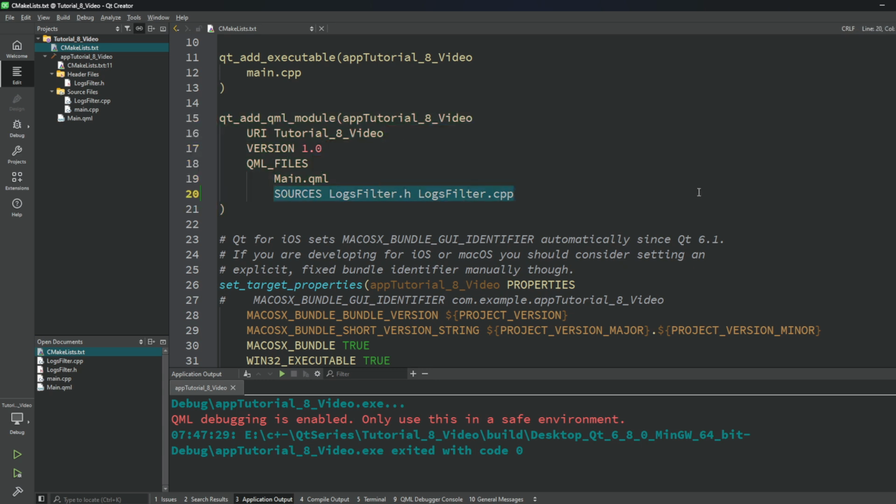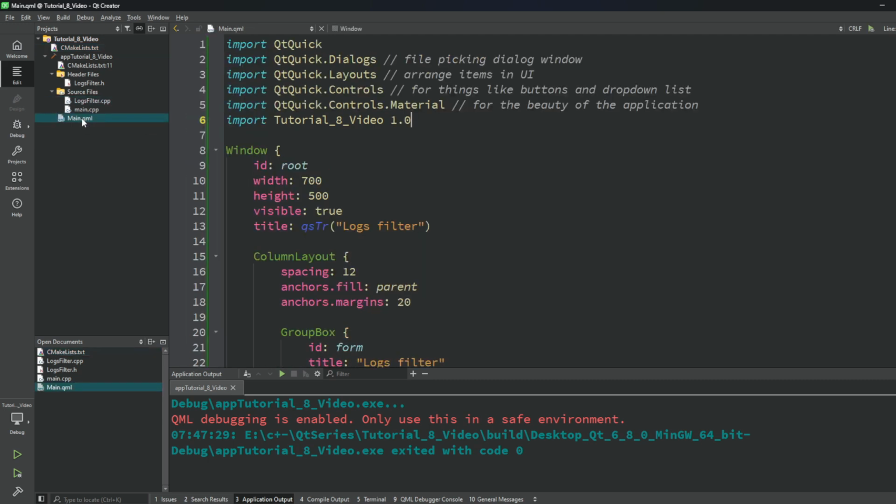Probably it is already registered, but make sure. Okay, and now if you go to the main QML, here after importing that module, you can create